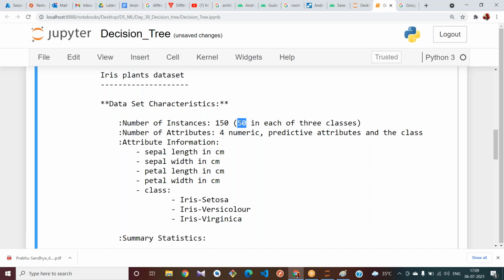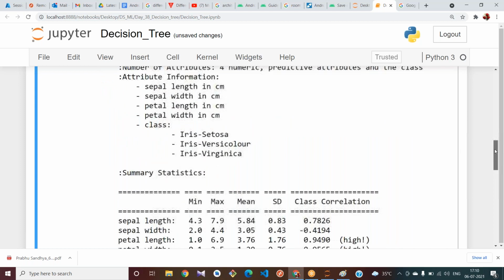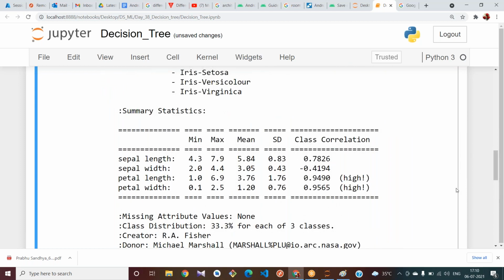Is it balanced or imbalanced? Yes, it is balanced data. And what are the class names? Setosa, versicolor, and virginica. Iris is a flower. And you have some statistics here.